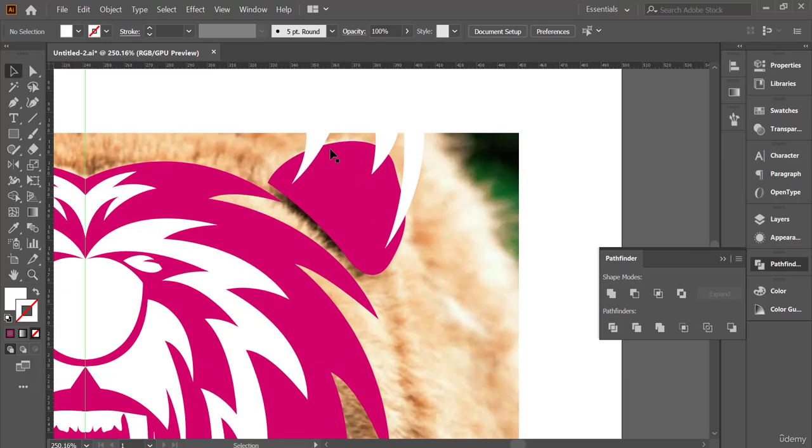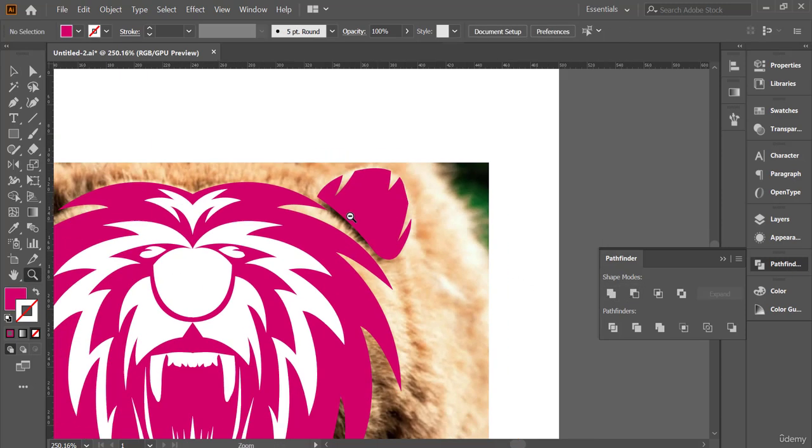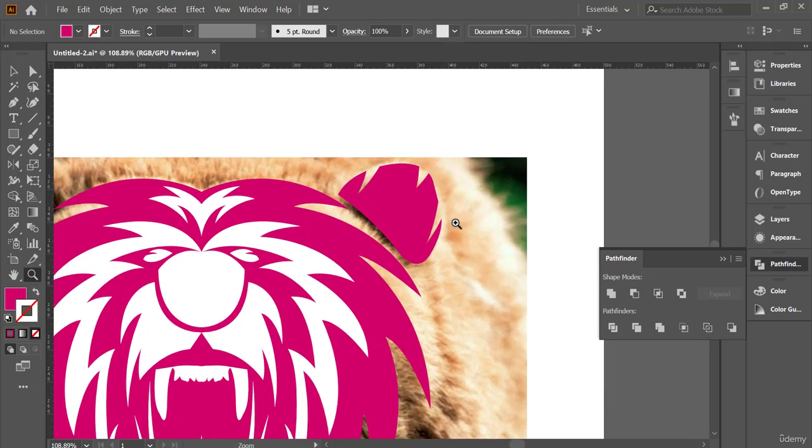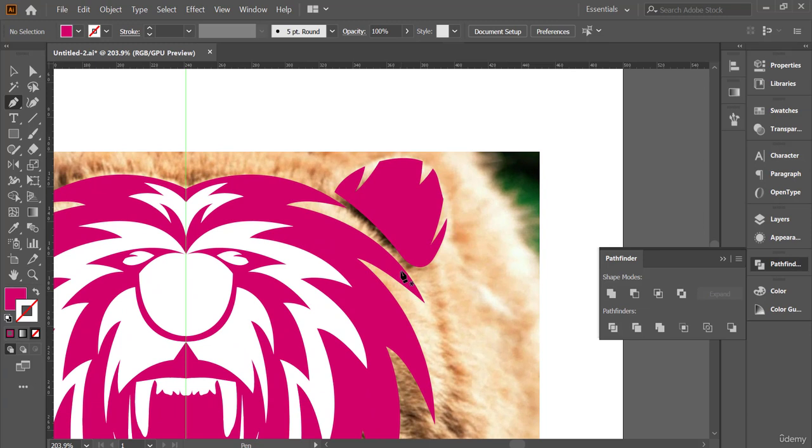Now let's remove ear shading by using minus from tool. I will group the white curve by pressing the Ctrl or Command plus G key and combine these shapes into one shape. And select all shapes and minus front. Perfect! Now let's create another curve at the bottom side of the ear